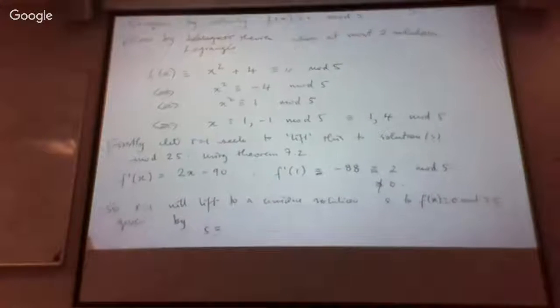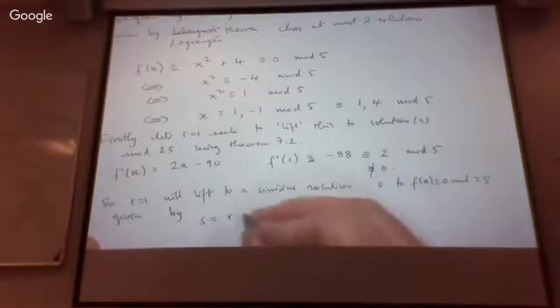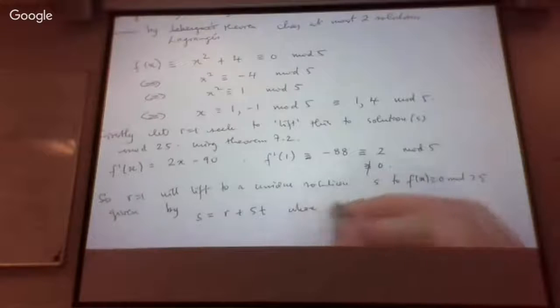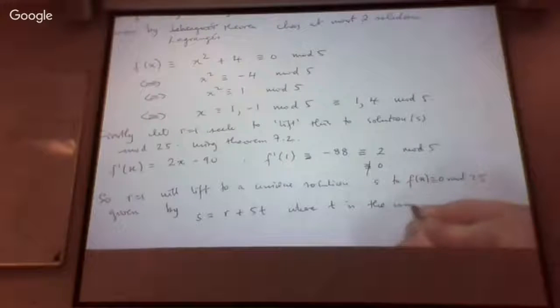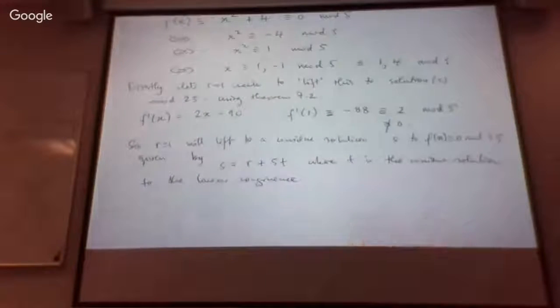And this is given by the formula for S: r plus 5t. So when you're using the result, as you can see on page 52, be very careful you get all the exponents and the moduli correct at each stage. Now what's this t? It's the unique solution to the linear congruence, t times f prime of r